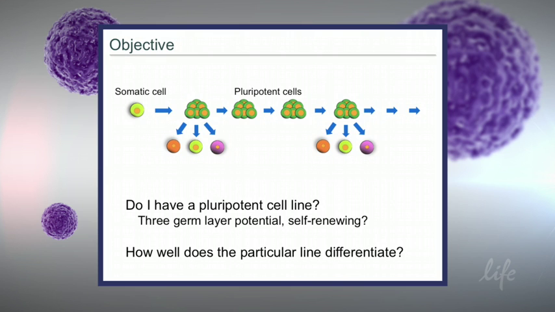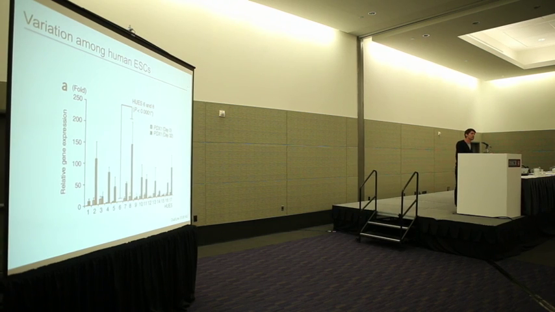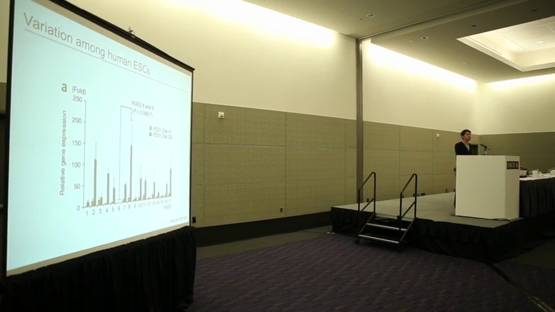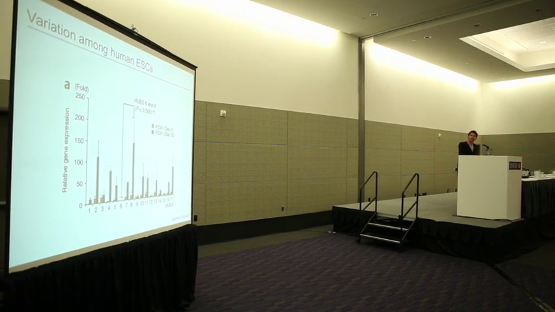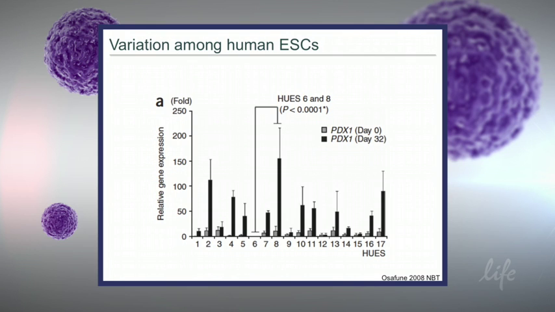Some of this, and in fact most of the interest in our lab for this particular question, comes from older experiments from other groups, including this one from Doug Melton's group that was published a few years ago now. They made this very interesting observation when they differentiated different human embryonic stem cell lines into the endoderm lineage and then down to